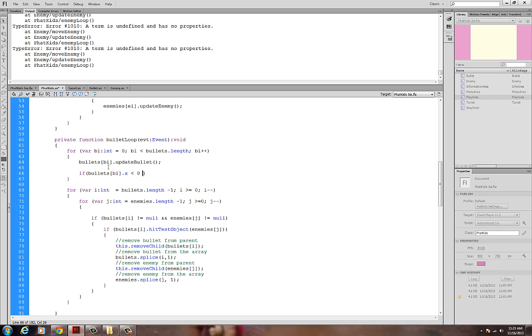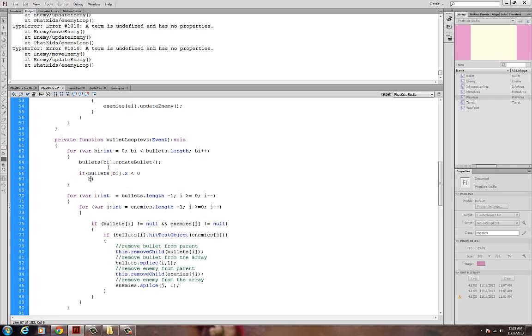However, I also want to pay attention to, and so I'm going to use my OR, and the way that I use OR is I just use the vertical lines, and I'm going to say if it has gone too far out this way, or if it has gone, let's say, bullets BI